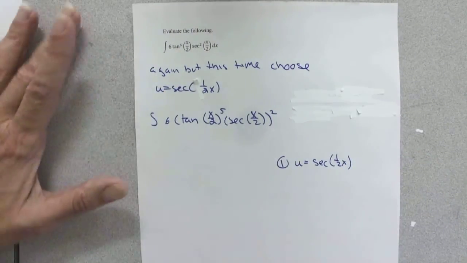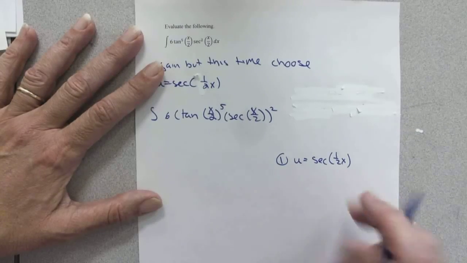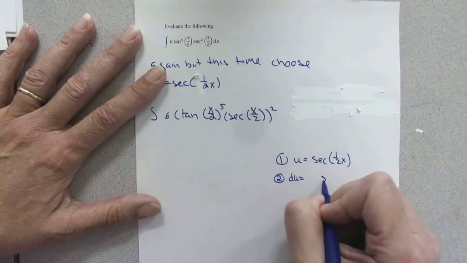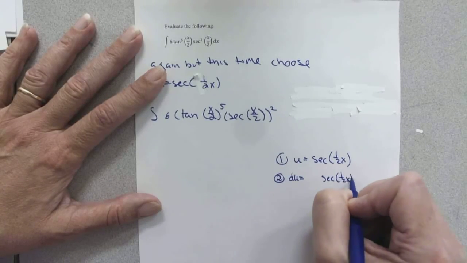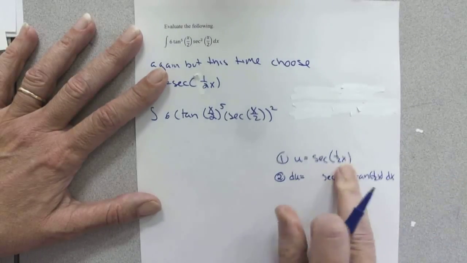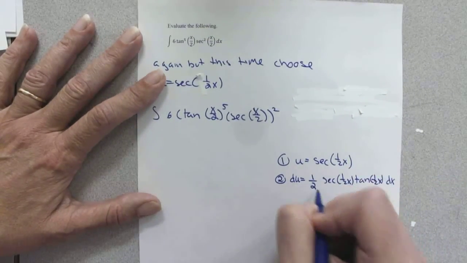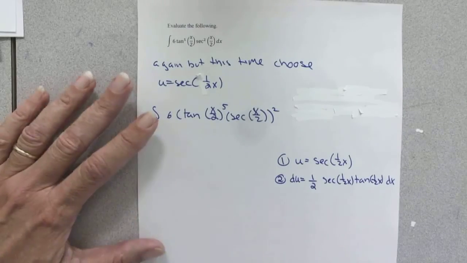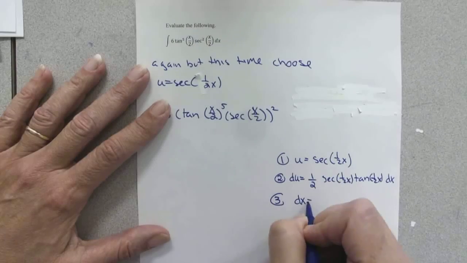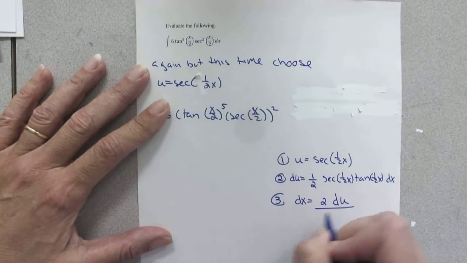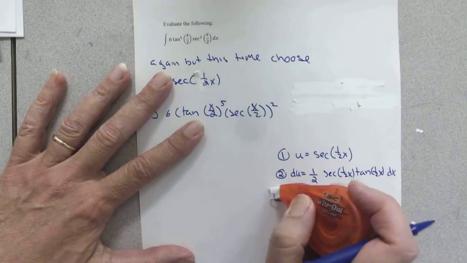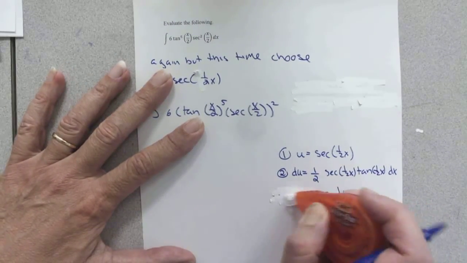I buy my own. So I'm going to let u equal secant this time. That's going to make du, derivative of secant, is secant tangent, chain rule, times the 1/2. And then I'm going to go ahead and solve for dx. And so dx is going to be 2 du over secant. Actually, I'm not even going to bother solving for dx. I would, but